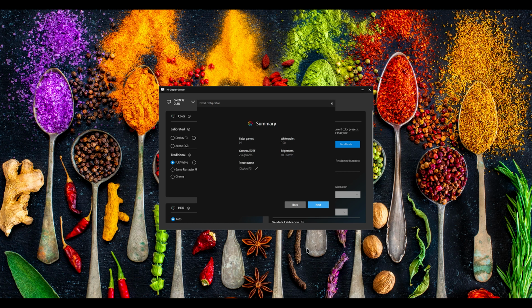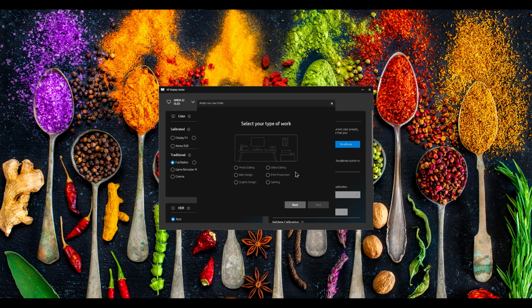So I'm going to just walk back through my options and let's choose the use case profile. In this case, it asks me to tell it what type of work am I doing. Photo editing, web design, graphic design, video editing, print, or gaming. These all have a set of rules based on what is the right conditions for your monitor to be in for these different types of things. For example, print production will use a D50 white point. Photo editing uses a wide gamut, Adobe RGB. Video editing uses a 709 gamut.